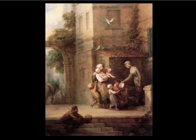The older boy fends off the dog, who's frightening his younger siblings, and he receives into his basket the food that the servant tips from a pewter plate. The servant is careful not to spill the food. This picture